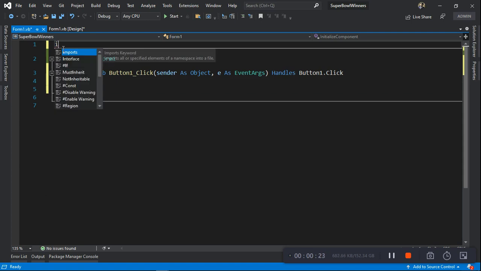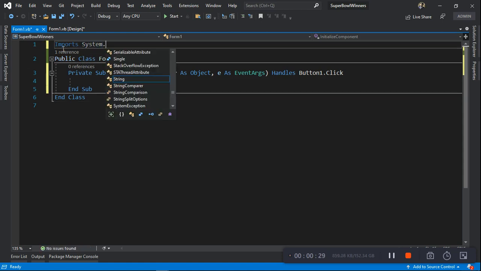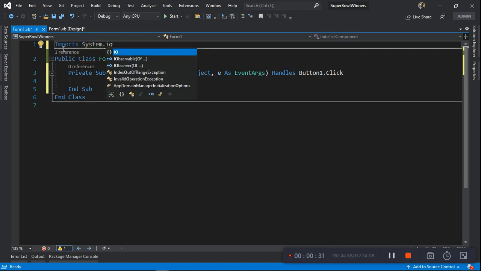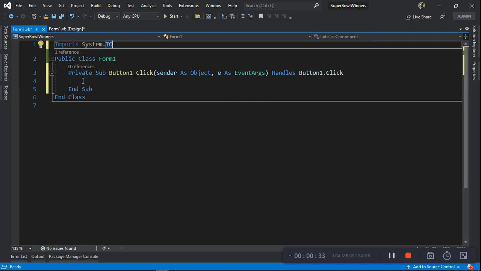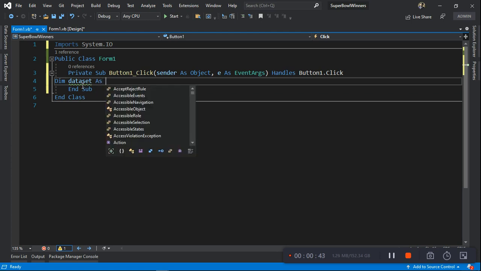import System.IO. That will allow you to use your file system. Then you will declare a variable. Let's call the variable dataset, as string,